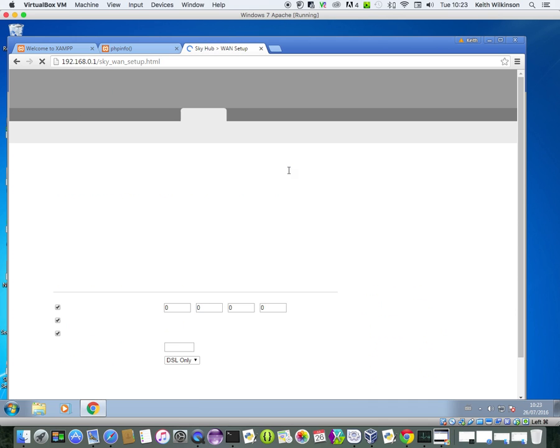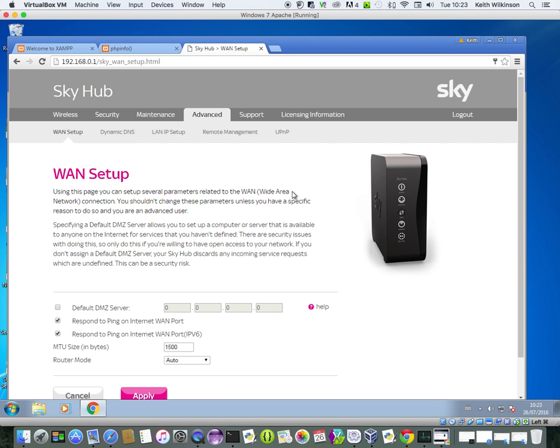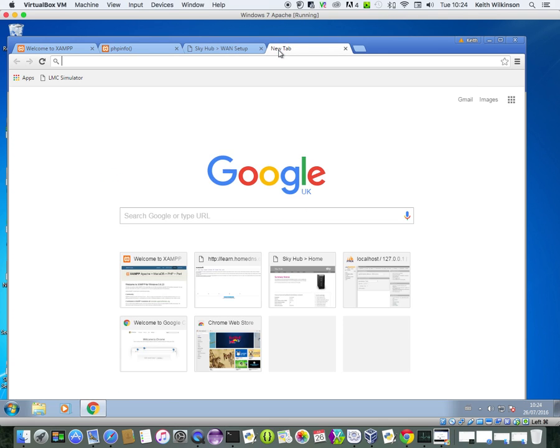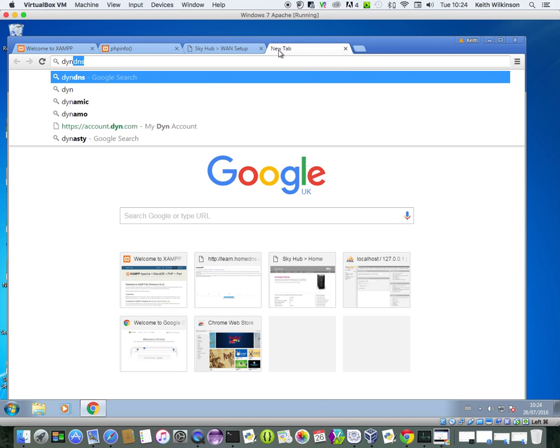When I log in, there we go. I get loads of options to play around with. Really what I am interested in here is this one, dynamic DNS. This is a service you can either purchase or get free from a company, a DNS service, a domain name service. I've got one with a company called DynDNS. So if I just type in here, DynDNS in another browser,